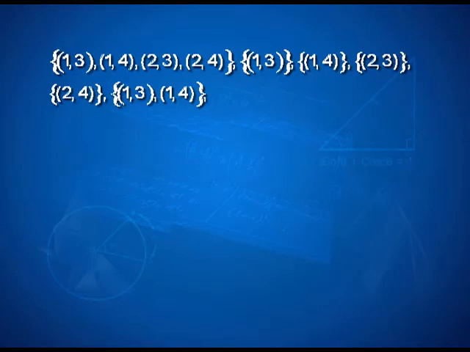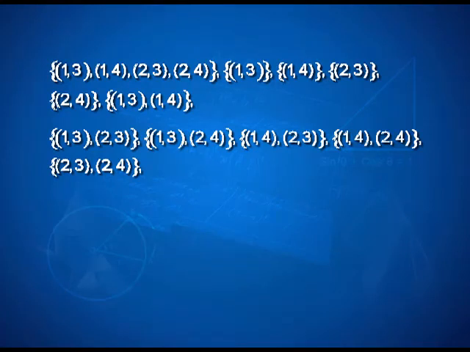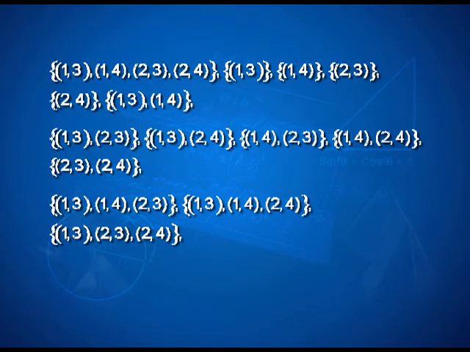Then you may write all the singletons, that is sets which have only one element, and there would be 4 such sets. Then write all the subsets which have 2 elements in it, and similarly sets which have 3 elements, and not to forget the empty set. The set which does not have any element is always a subset of every set. So, counting the set itself and then listing out all the other subsets, in total along with the empty set we have 16 subsets. Now, why is this interesting?